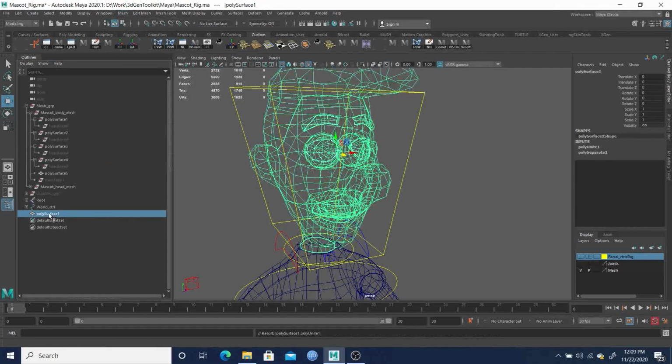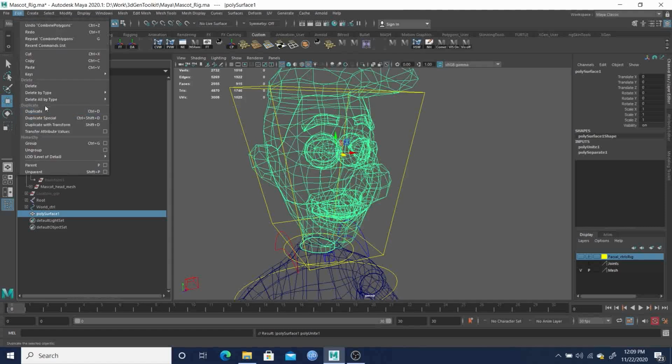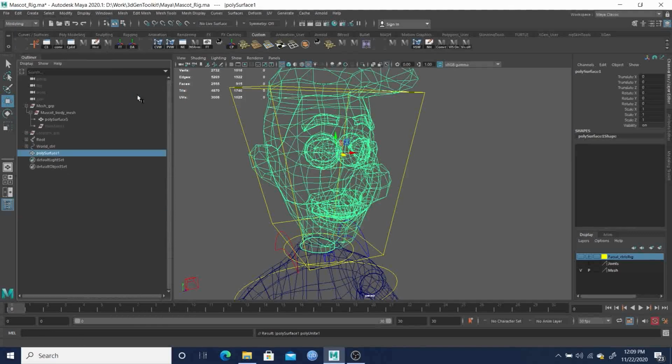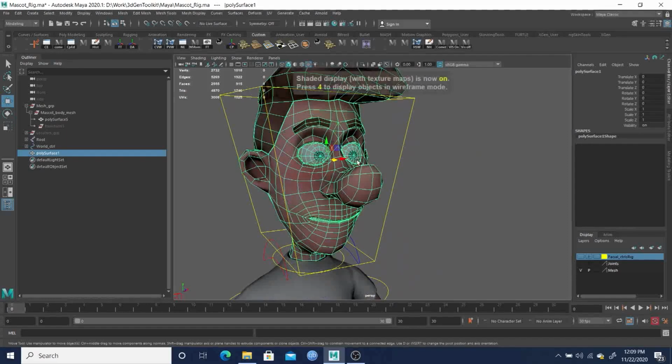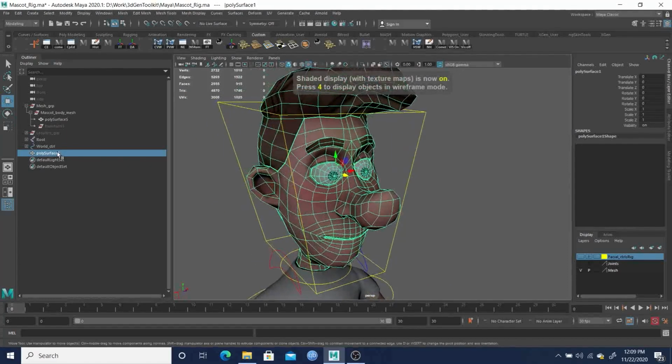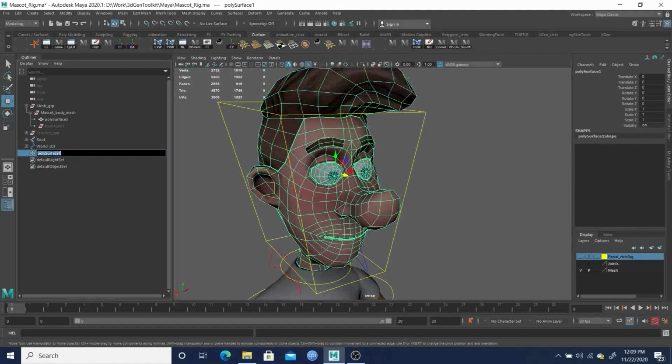Okay, and then with this new poly surface, I do want to delete by type history. Okay, so now it's part of this poly surface,